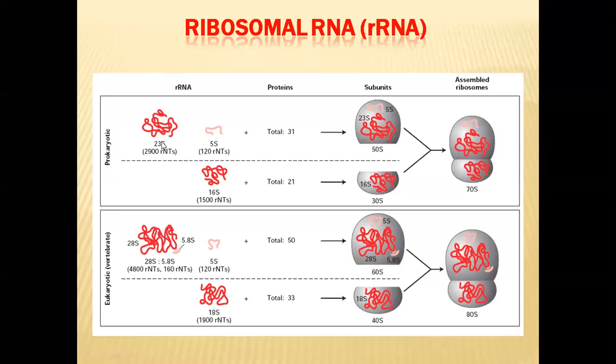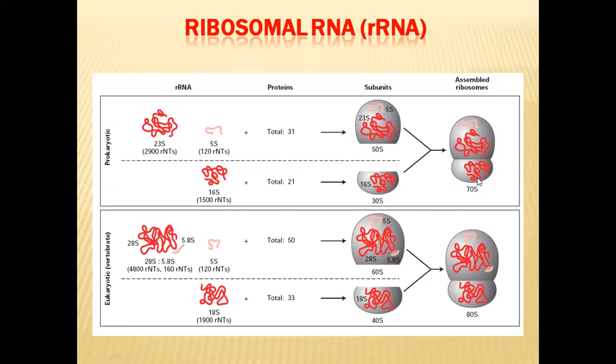Out of these, the 23S and 5S types, along with 31 ribonucleoproteins, will form the major subunit, that is the 50S subunit. And 16S rRNA along with 21 types of ribonucleoproteins will make the 30S subunit. While protein synthesis is going on, these two subunits unite to form the 70S